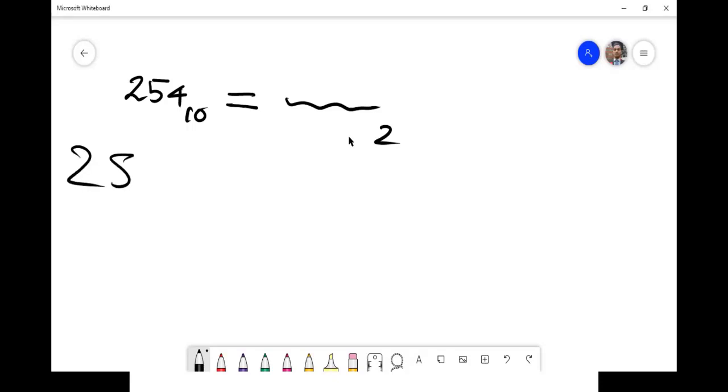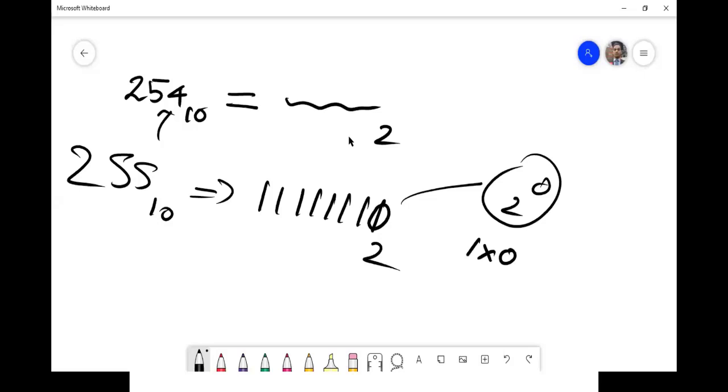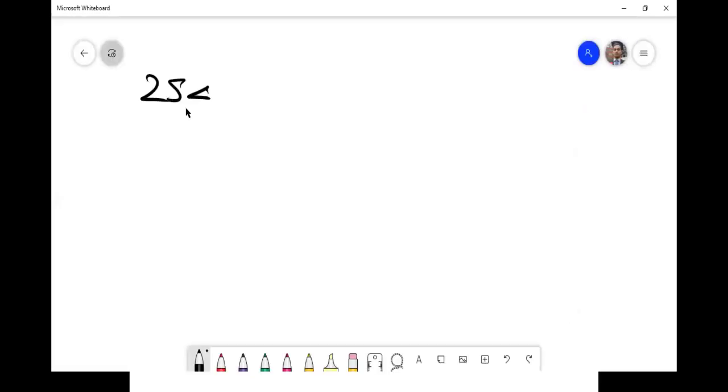So we know by default it's 2, so it's less than 1, right? So this is 2 to the power 0, and if it becomes 0 then it will become 254. So simply you can make this 0, right? If you want to get 254. Otherwise, if you want to follow this process,